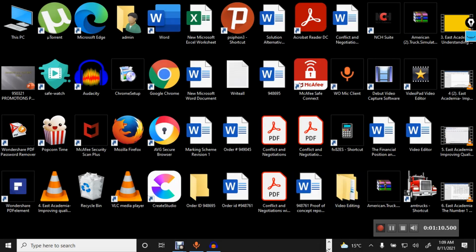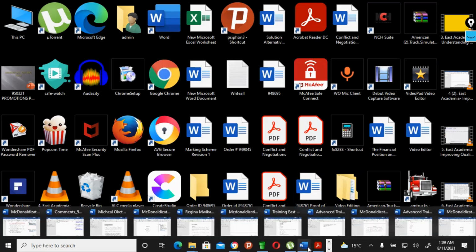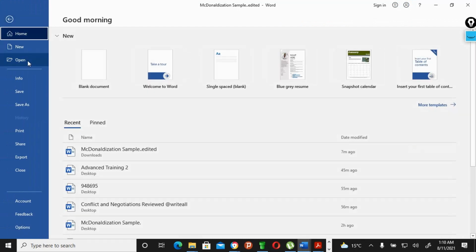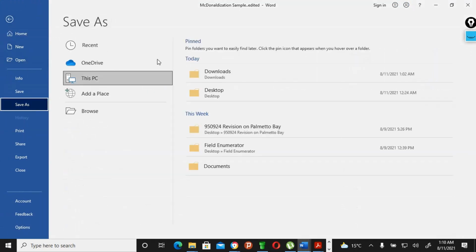The document that I finished looking at is this modernization sample edited. So that is my document. For you to proofread easily, you can just save it as a PDF.